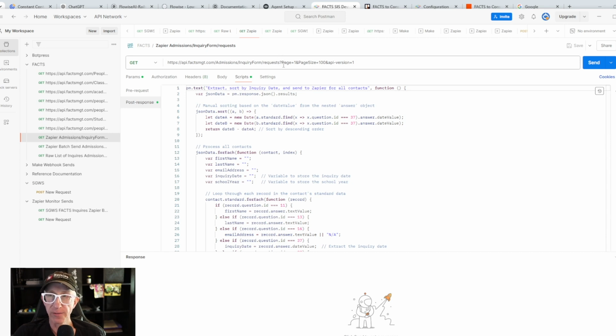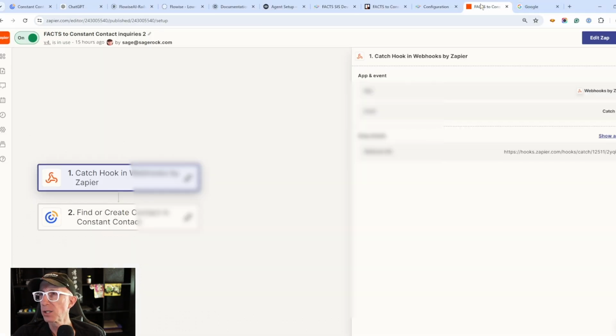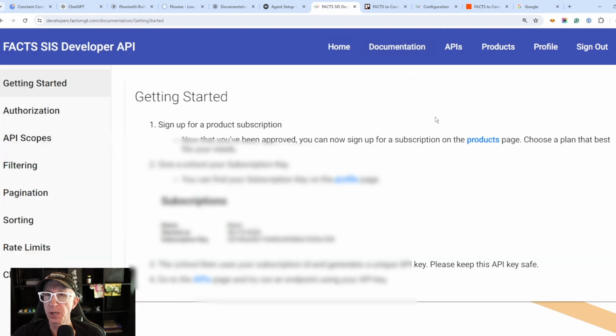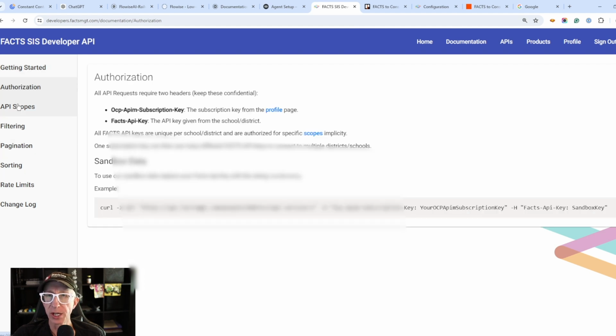So you're just going to have to look at the documentation. I forget where that is. Let's see here. It's right here under development. When you're dealing with